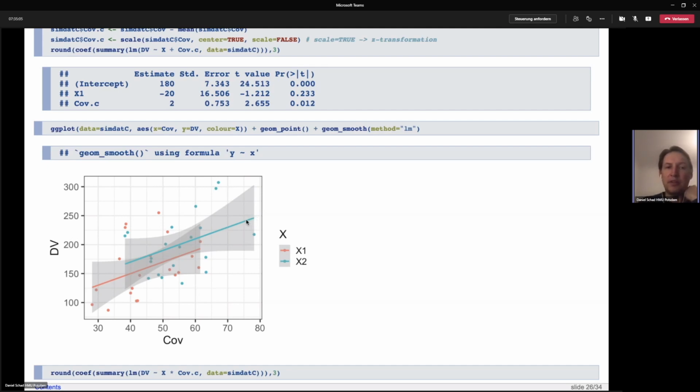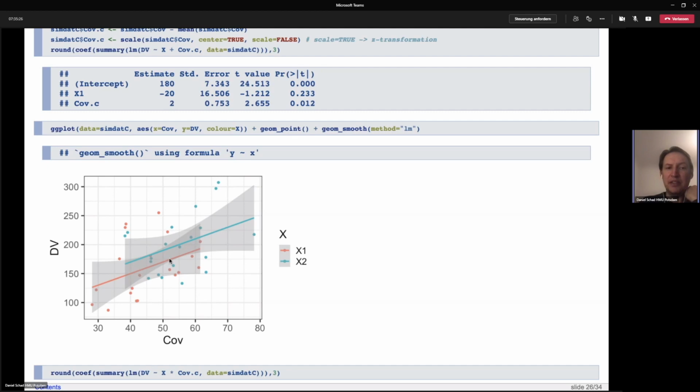So there's an increase of the scores with the higher values of the covariate. And also we can see that the green points are further to the right than the red points. They are further to the left. So this simply means that the group X2, our training group, by chance had higher IQ values, and for that